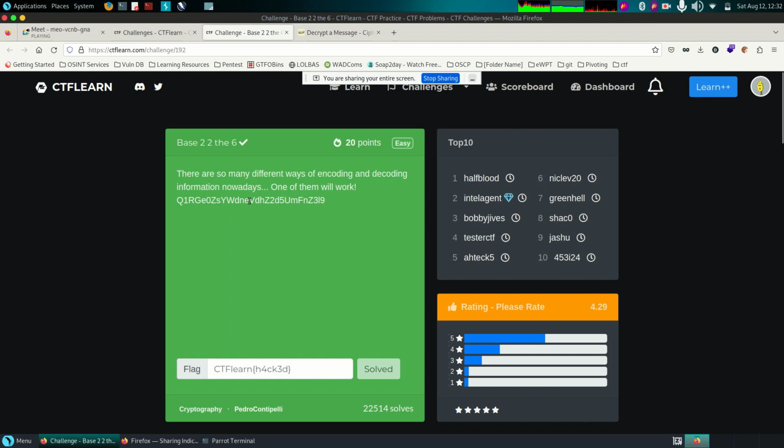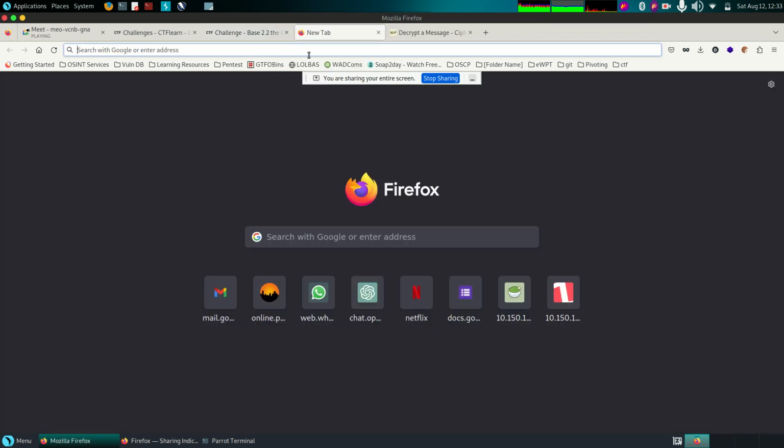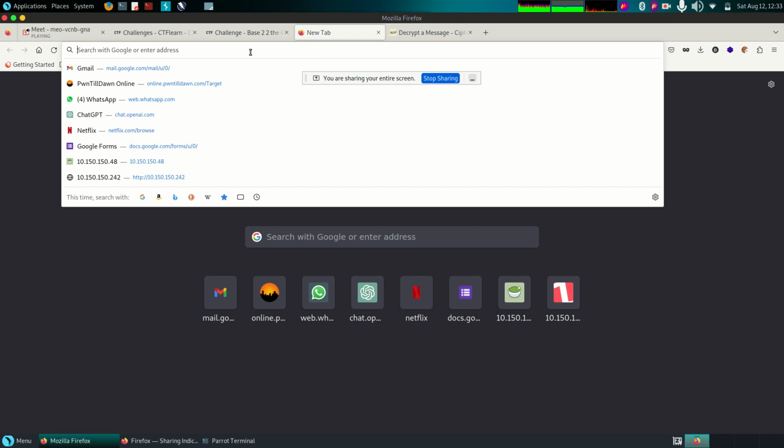Now looking at this, you can see we have base 6. Reading this from a beginner perspective, the first thing I'll do is, you have encoding here, right? And you have something base 22D6. So why not just Google base encoding? If you open your tab and you search,